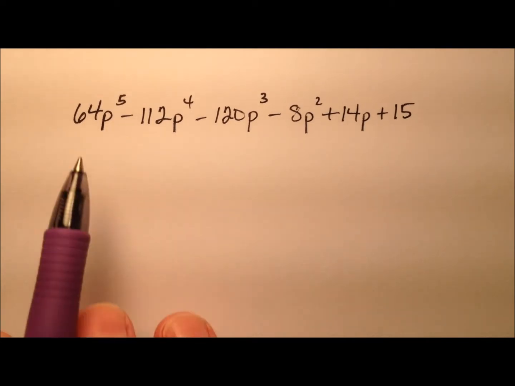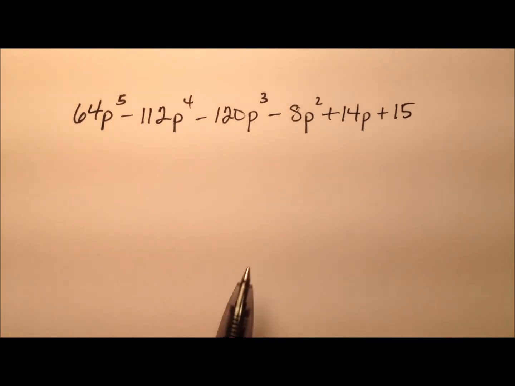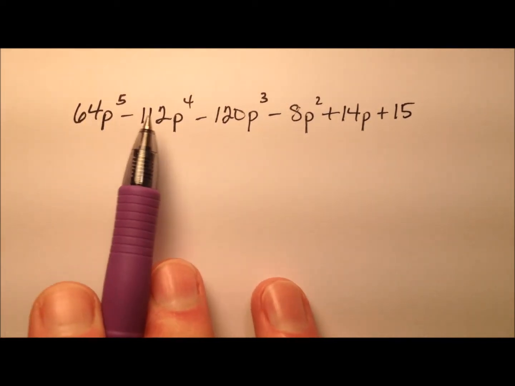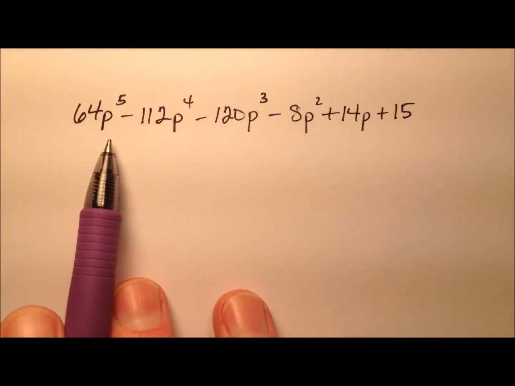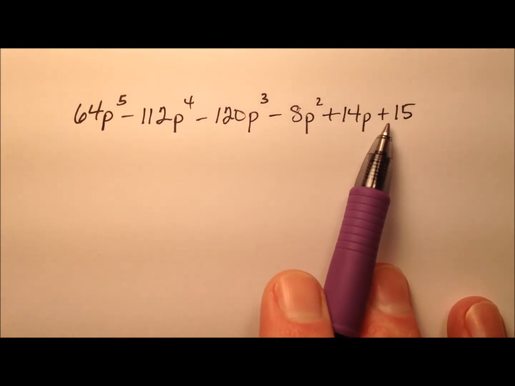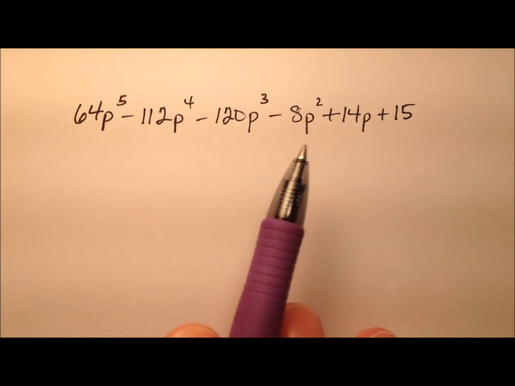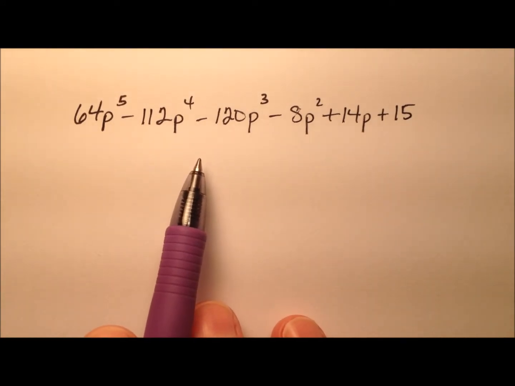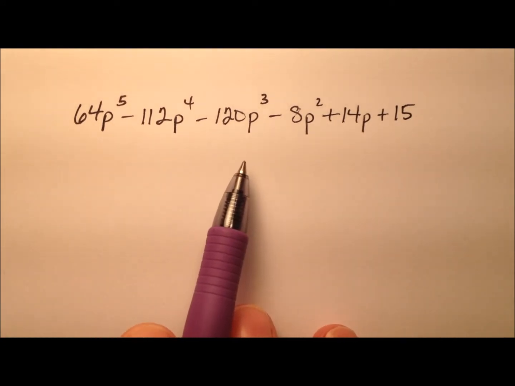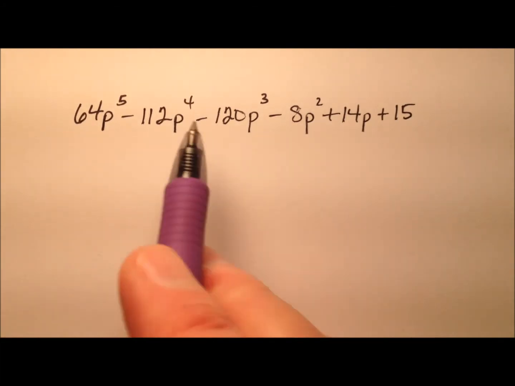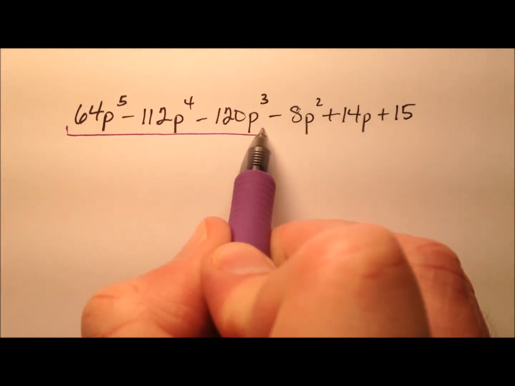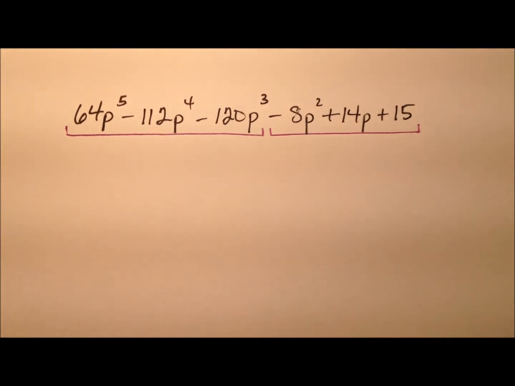In this example, we're going to factor this algebraic expression, and it looks like there's not a greatest common factor that I can pull out of every single term to get started. So I notice there's 6 terms, so let's go ahead and use grouping. I could either use 2 groups of 3 or 3 groups of 2. And based simply on what I see for the signs, let's go ahead and do 2 groups of 3 terms